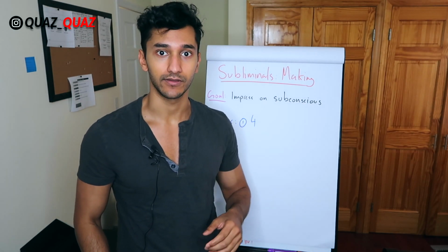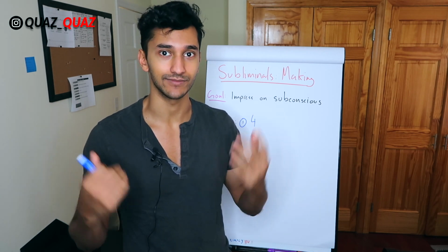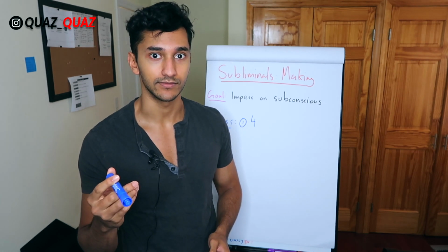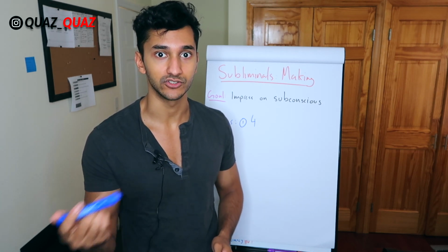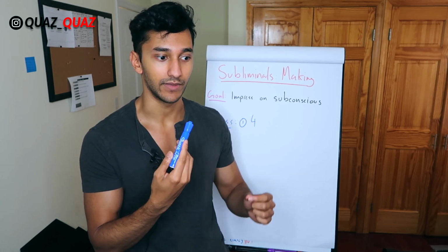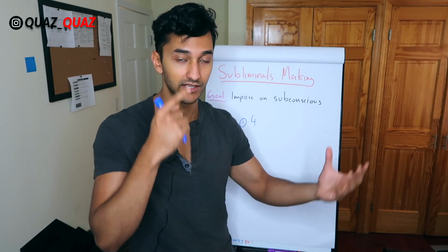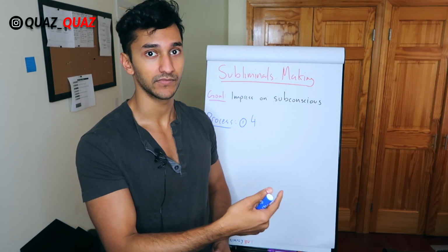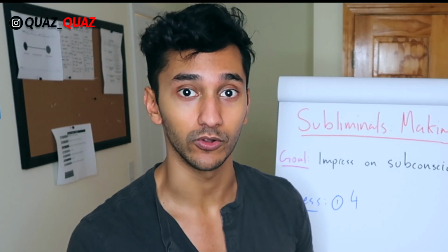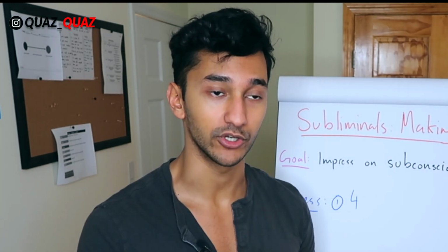Now, just a disclaimer, I don't know how to do the supernatural, and I don't really focus on changing my facial features, but rather seeing that as the means to get to a point. Like, what is this helping me get to? Why do I need this facial feature? Am I trying to be more attractive? So that's my goal. I'm trying to be more attractive, right? So this is a means to an end, and that's what my focus is. So I'm going to teach you to make subliminals in such a way that you can manifest your goals effortlessly. And this has been something that's been working for me, and I want to share it with you as well.